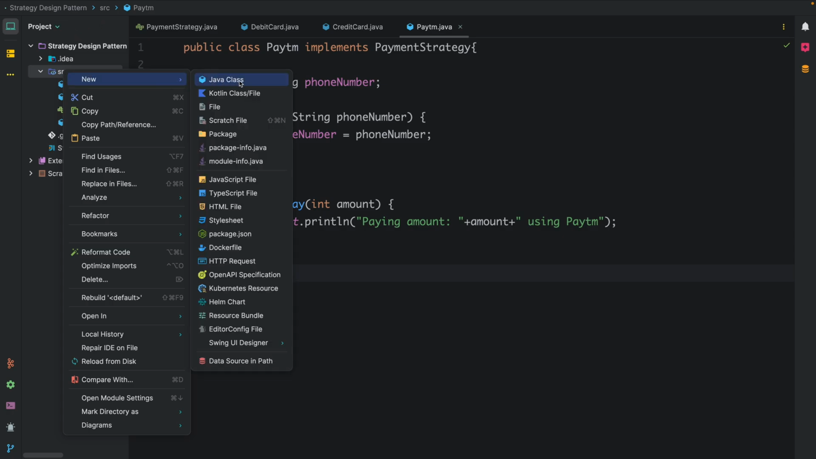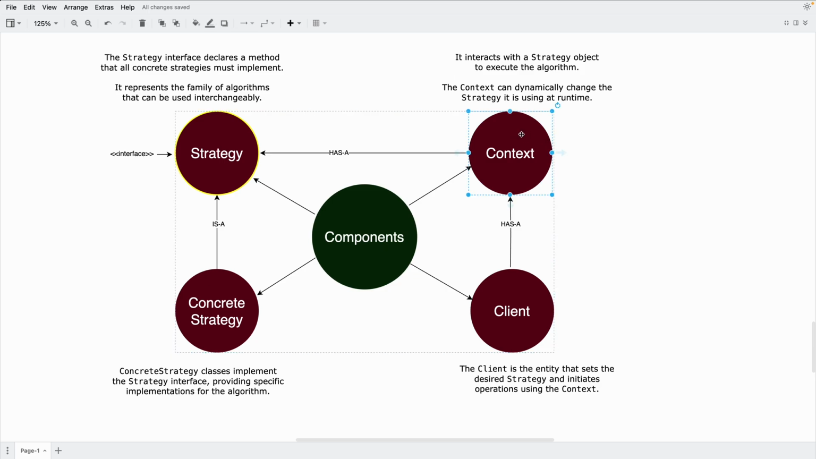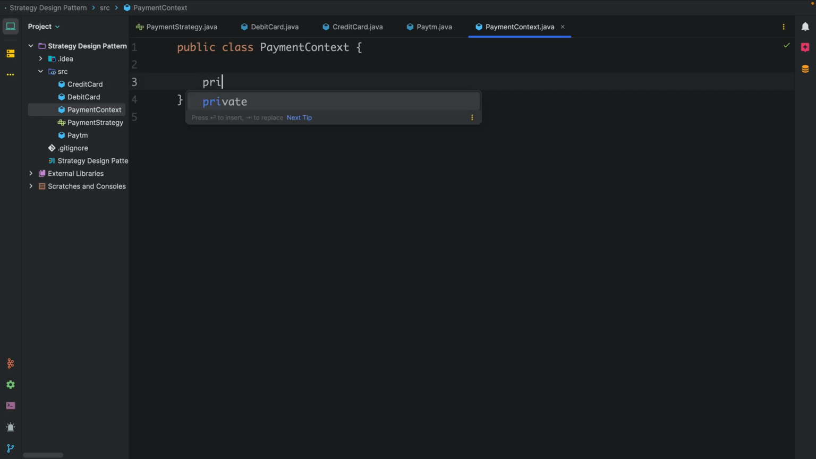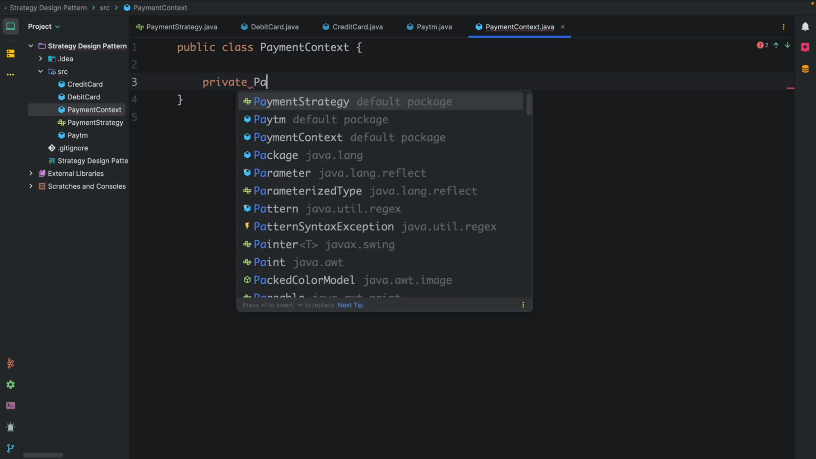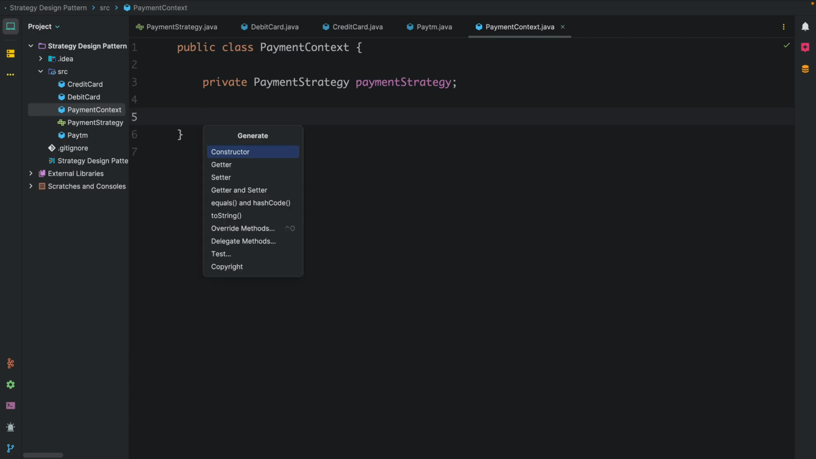So let's create the class. Let's call it payment context. So here in this diagram you can see, context and strategy contains has a relation. So context will be having strategy object. So property payment strategy, right? Let's initialize this through constructor,